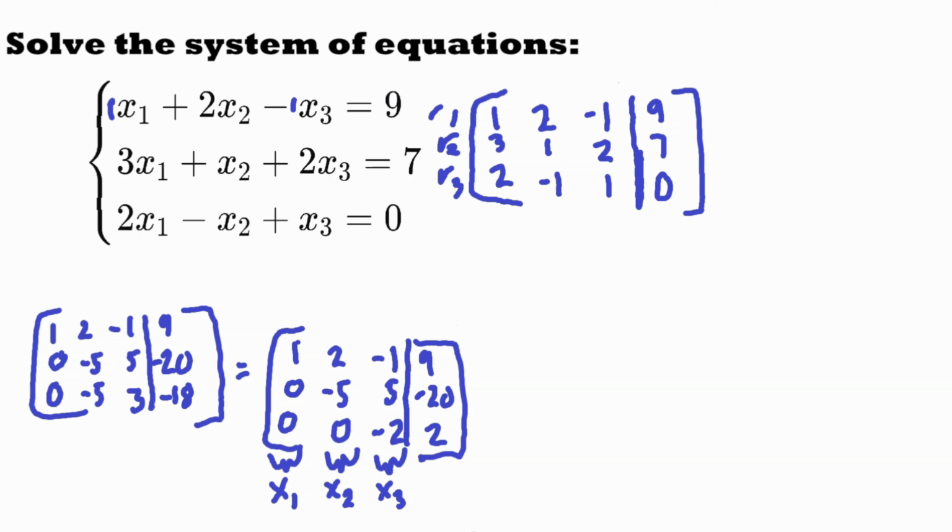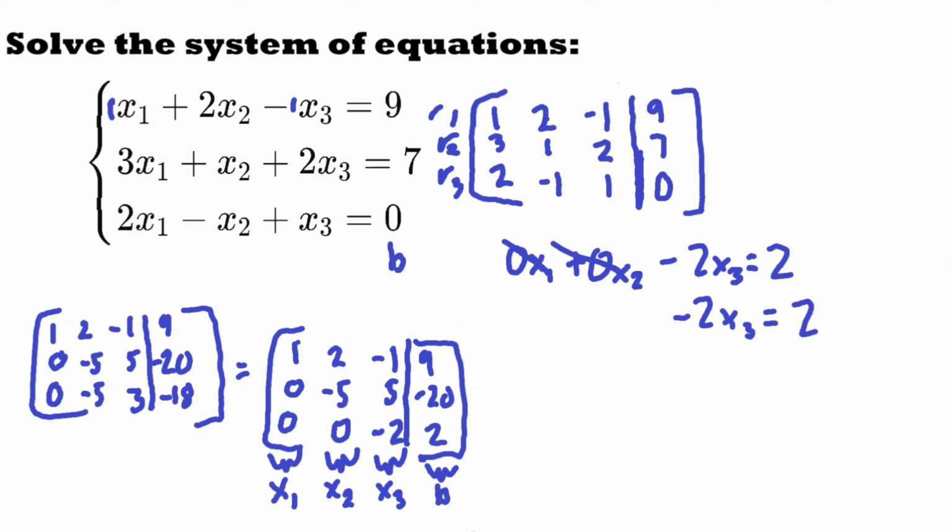And our last column is our solutions. And our solutions I'm going to call B, okay? So now, these values inside the matrix correspond to the coefficients of our variables. So now if we look at the third row, this means that 0x1 plus 0x2 minus 2x3 is equal to 2, right? However, if you multiply these two values by 0, they're just non-existent, so that means that negative